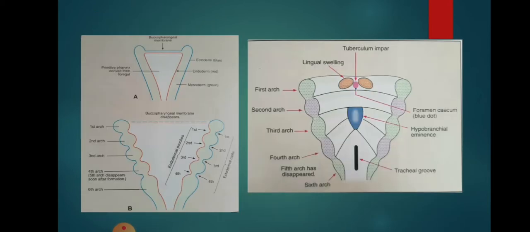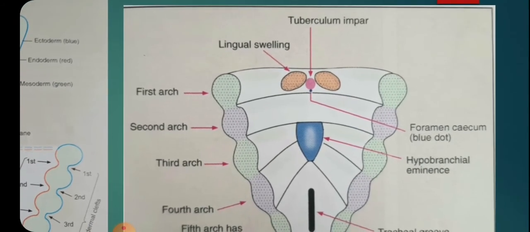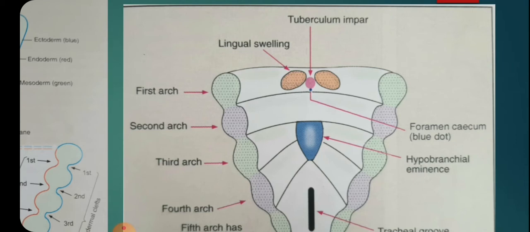Okay, so there appear multiple eminences or swellings in the pharyngeal arches, and the lingual swelling is going to form the tongue. In between that, in the midline, you see an elevation called tuberculum impar, and just below that is your foramen cecum. From this site, the cells begin to proliferate and invaginate to form the thyroglossal duct. This thyroglossal duct is going to form the future thyroid gland.